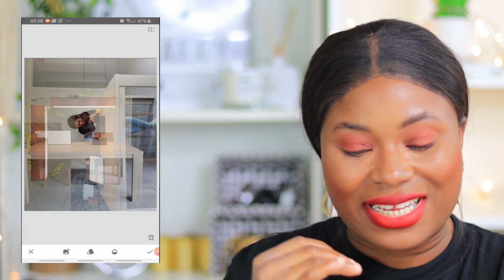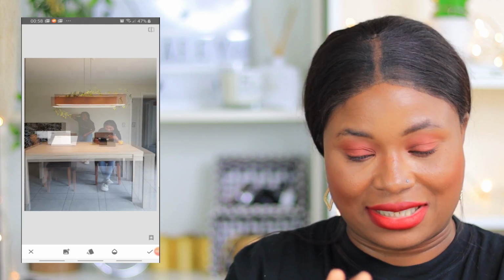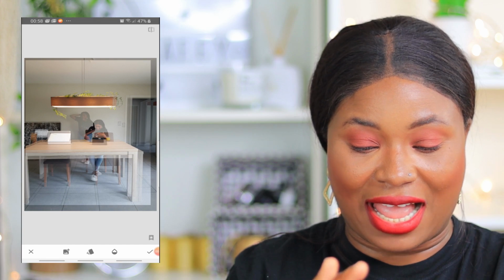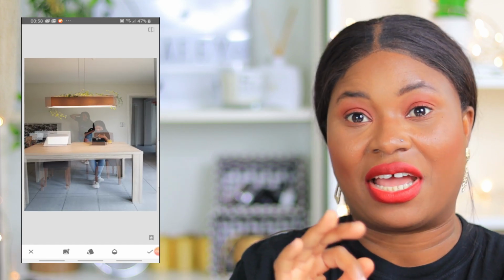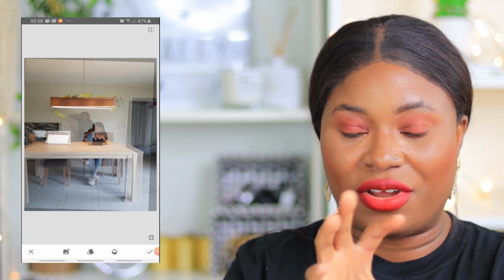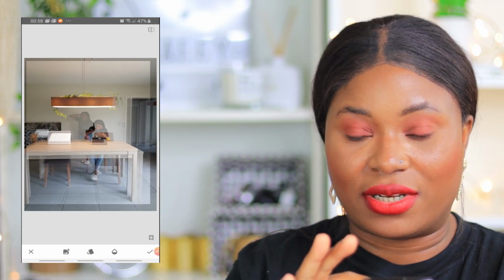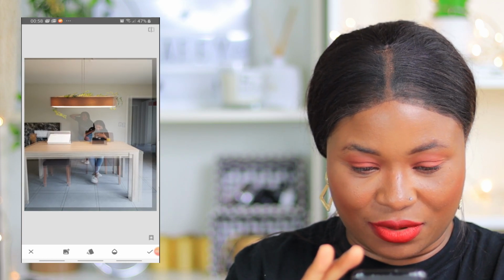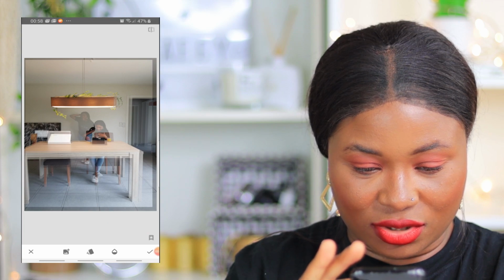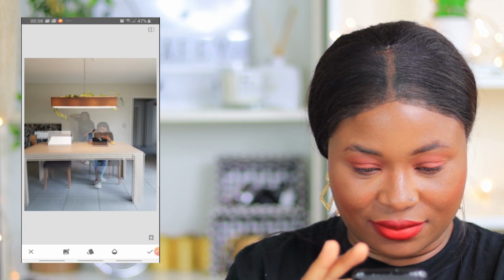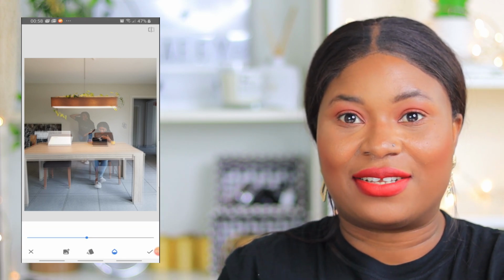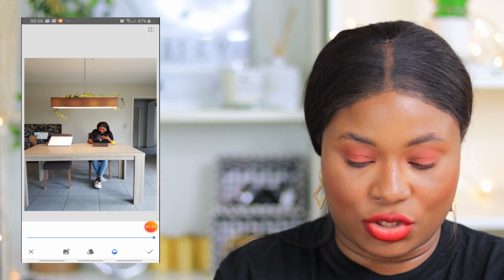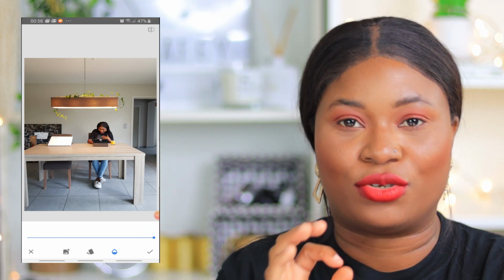So I'm going to click on the next picture. The next picture should be this one right here. I'm just going to turn the picture and make sure that I outline the picture with what I already have on my photos. Don't worry about the way it's blurry, we are going to work on that later, but make sure that this is more outlined, everything is placed properly. We are just going to do that quickly. So we have that, which is okay for me. I'm happy with it. Then I'm going to increase the opacity to 100 right here,